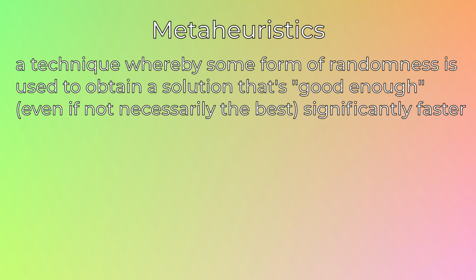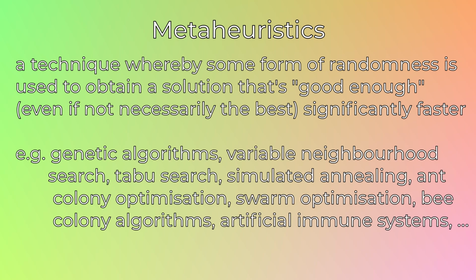Metaheuristics are OR techniques that use some form of randomness to find solutions that are good enough, in some sense, significantly faster. Many of these have been developed over the last few decades, such as genetic algorithms, variable neighborhood search, tabu search, and simulated annealing. I implemented a few of these to determine which would be the best for this particular problem, and found that one called variable neighborhood descent was